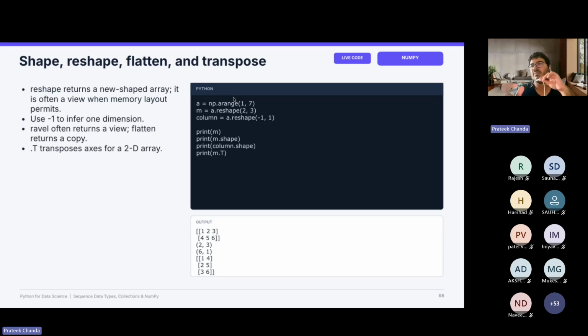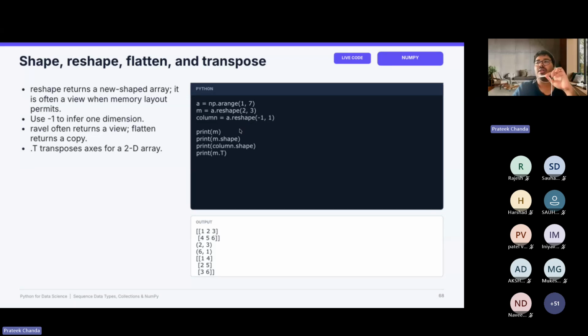What that does is give you all the numbers from 1 to 6; 7 is not included, so it gives you 1, 2, 3, 4, 5, 6. Now you are doing m equal to a.reshape(2, 3). So this entire list of numbers 1 to 6 is now reshaped into a 2 cross 3 matrix. So 1, 2, 3 goes in the first row, and then 4, 5, 6 in the second row.